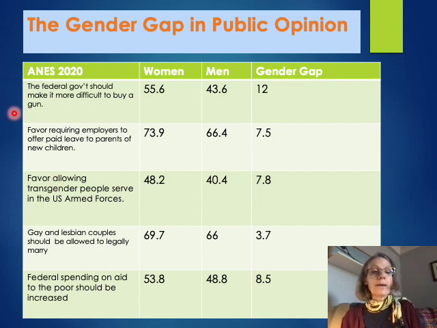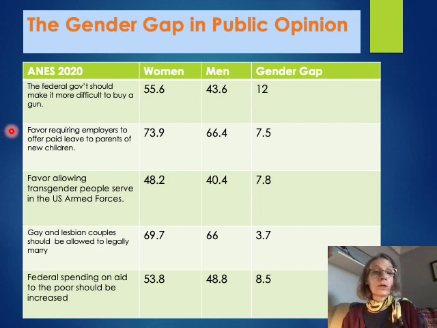So this question is asked: the federal government should make it more difficult to buy a gun. So asking people, should the federal government make it more difficult to buy a gun? And then these are the people who said yes. 55.6% of women said yes, it should be more difficult. Men, 43. You see that gender gap there of 12 points. That's a pretty significant